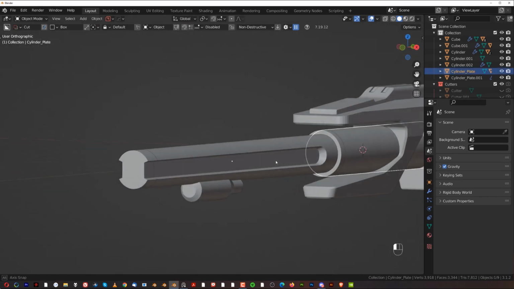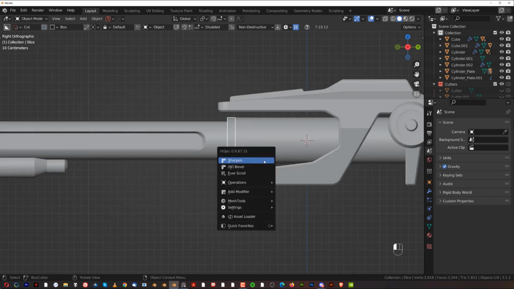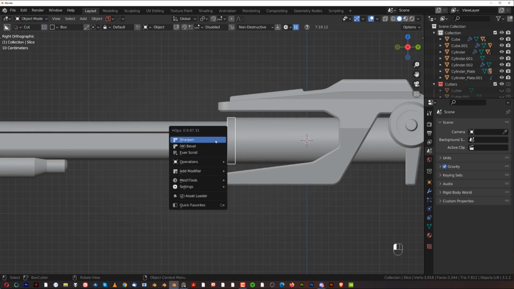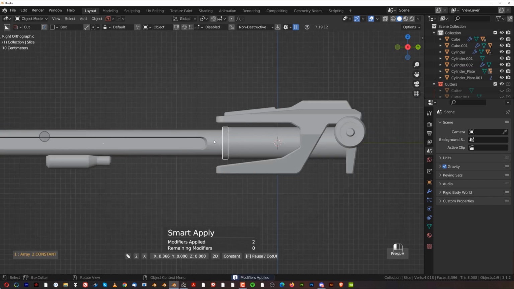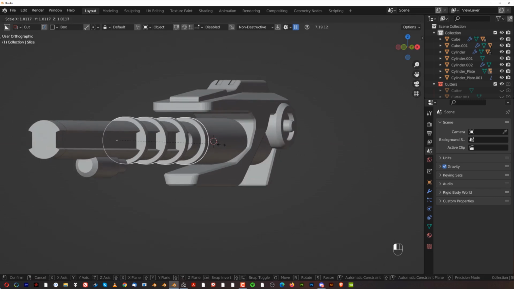So for example, what we could do is grab this ring and we could array it. So let's just apply this operations multiply, right? And then we could array this forward. So press X and array it forward, maybe somewhere here. Right, and we could scale them up